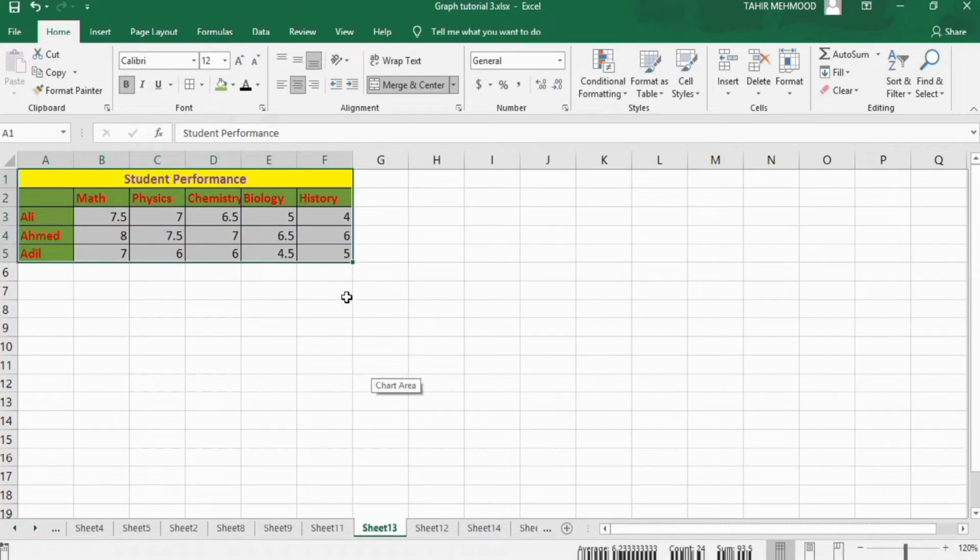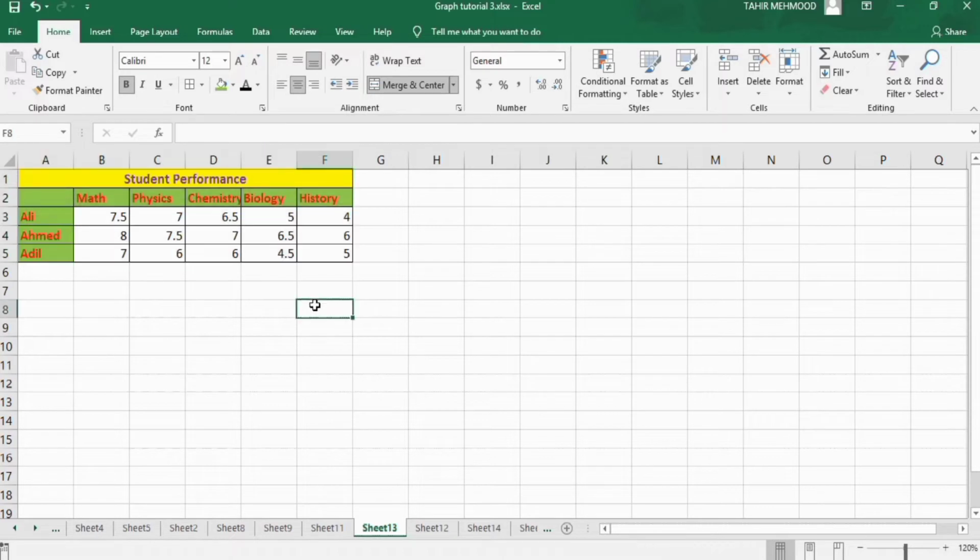In a separate sheet, I have already entered the data from previous sheet. So firstly, I will select this data. Remember that you have to select this cell blank to generate this graph. So I will select this data,